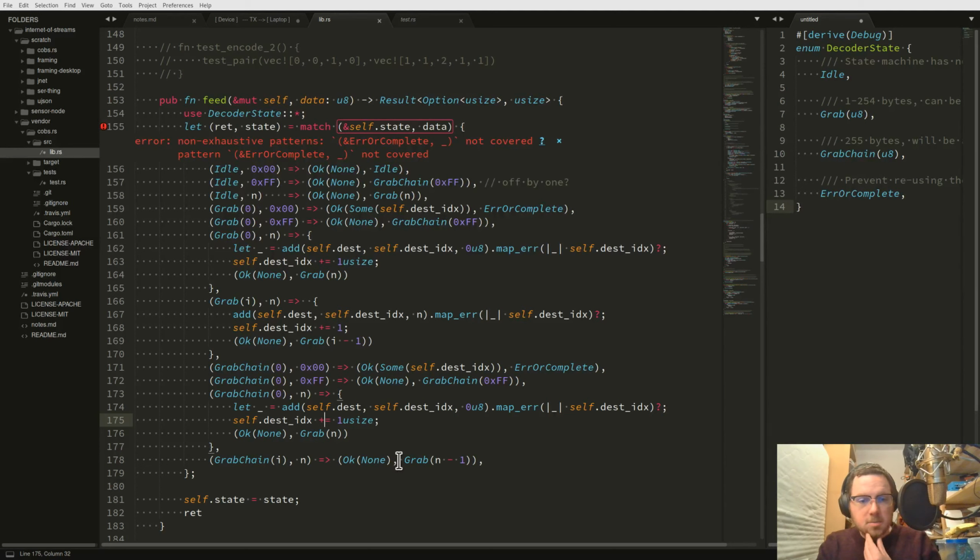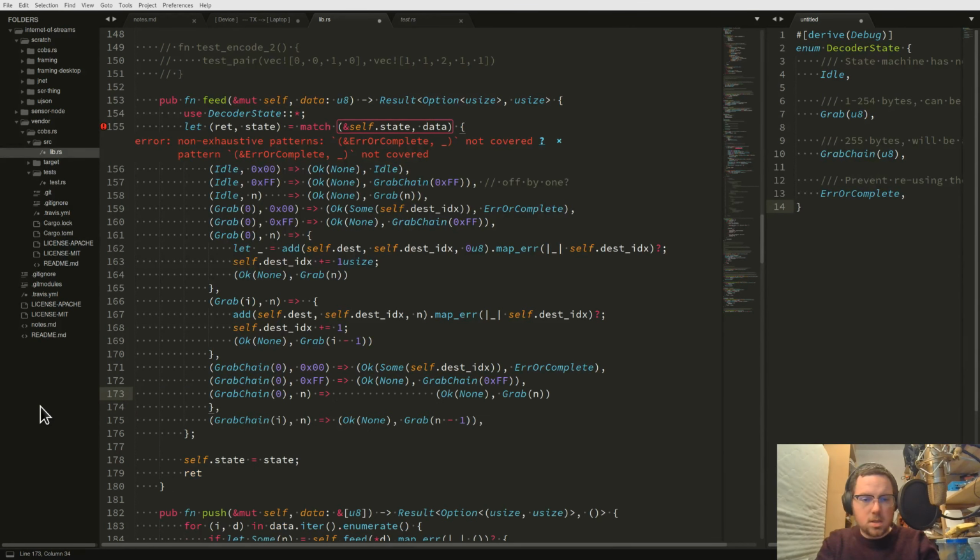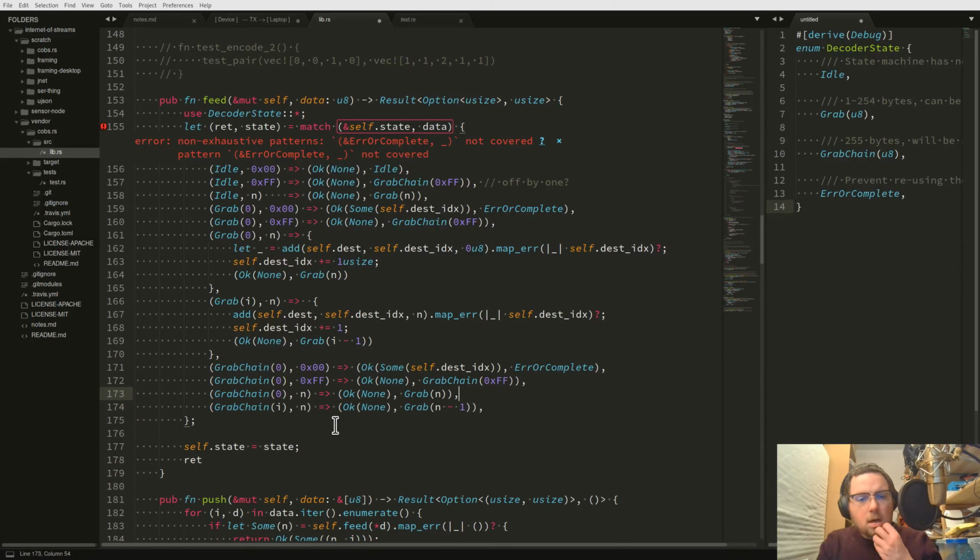So if I get to grab a chain and there's 0 left, actually what we need to do, error complete. Where's the one where I push 0? This is the one where I push 0. This one actually shouldn't do anything, because at a chain there's always going to be an extra. So this one is just going to grab the next chain, actually. That's the difference here. The grab chain IN, where there is data left, it should